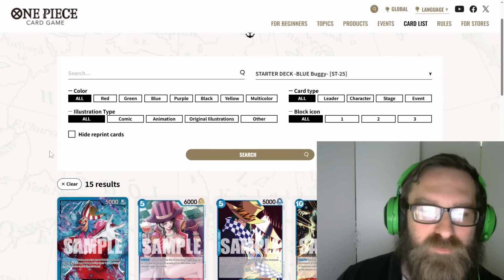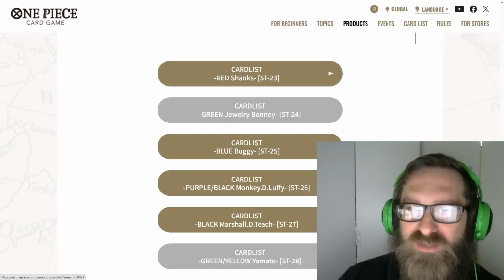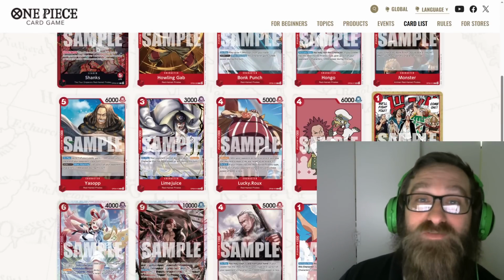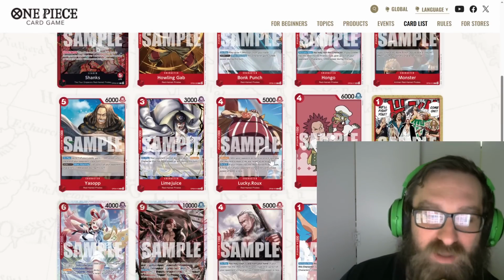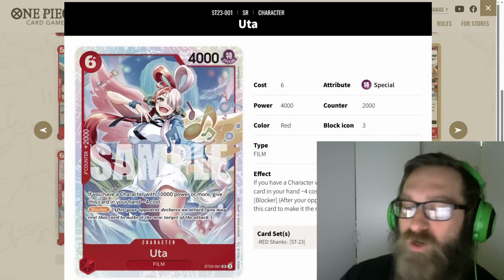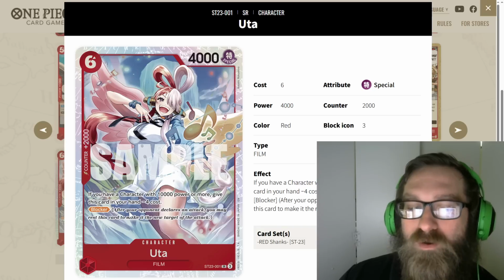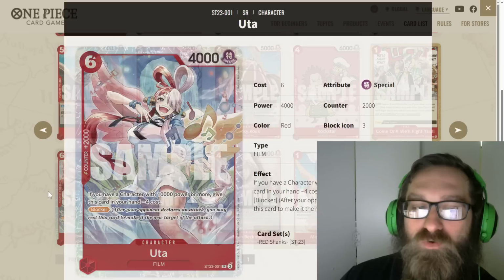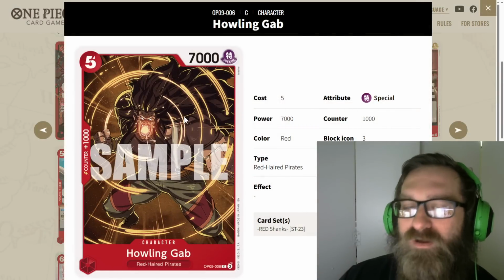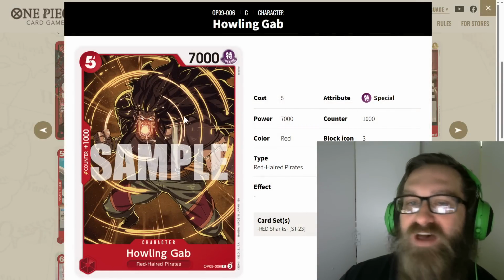Now let me just go back to the, let's summarize with Red Shanks as well, real quick. With this deck, one thing I was saying at the beginning of the Buggy review is with this card right here. Notice how it says if you have a character with 10,000 power or more, give this card in your hand -4 cost. I'm surprised, instead of this Howling Gab, they didn't print like a 7 or 8 cost